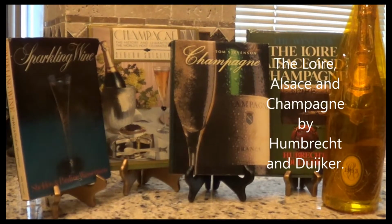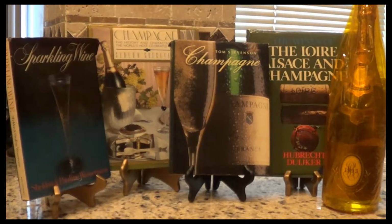And the final book to the right is a very interesting book. This is a book that highlights not only Champagne, but the Loire Valley and Alsace as well. I picked this book up about, I'd say, a good 25 years ago, but very interesting reading, goes into detail about all the Champagne houses, their history, when they started, goes into detail today about the trade, how many bottles are actually sold per annum of each house. This one is written by Humbrecht and Duker,